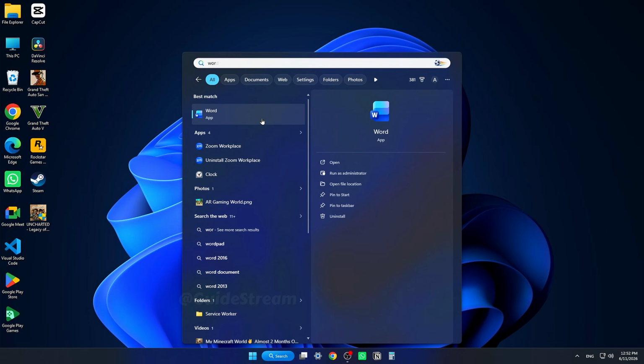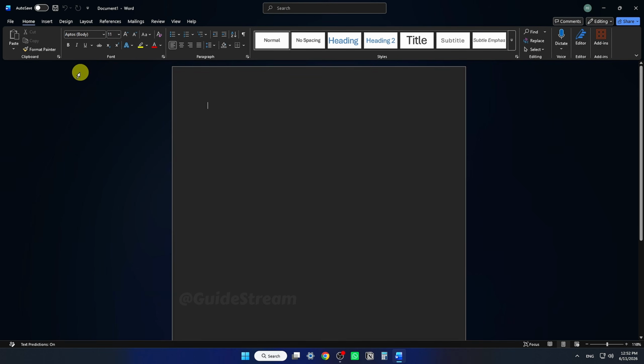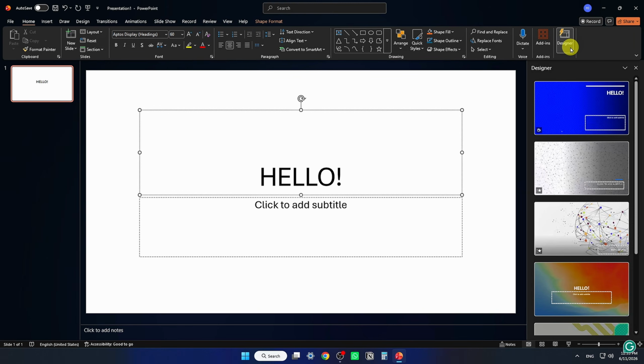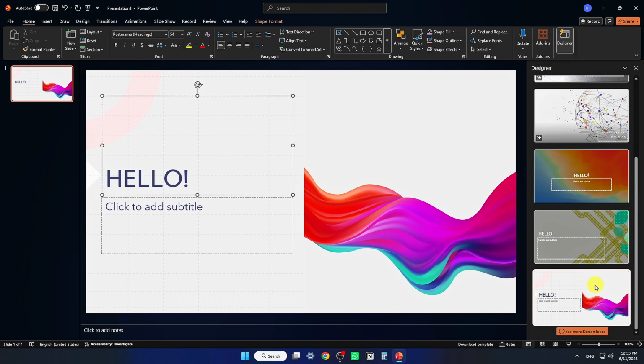Hello, and in this video, I'll show you how to download and install the latest version of MS Office on your PC or laptop. This entire method is completely official and legitimate. There are no third-party apps, cracks, or fake activators involved. If you follow all the steps properly, you'll be able to install apps like Word, Excel, and PowerPoint easily on